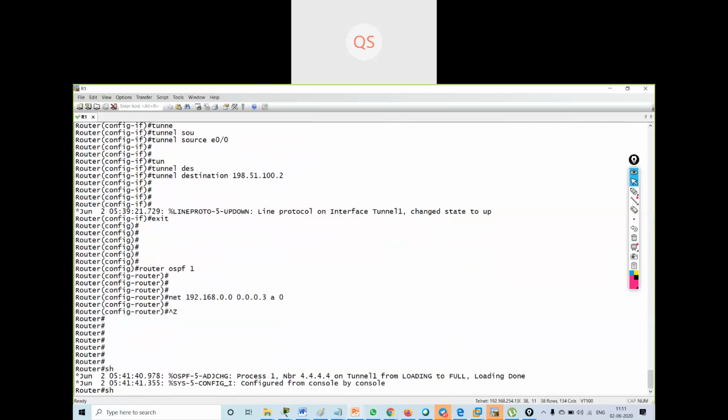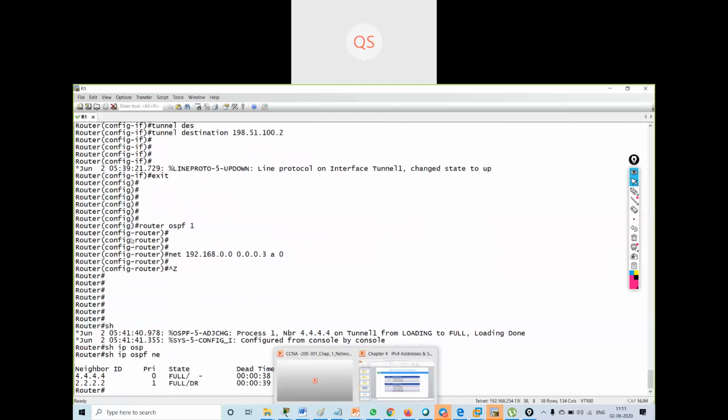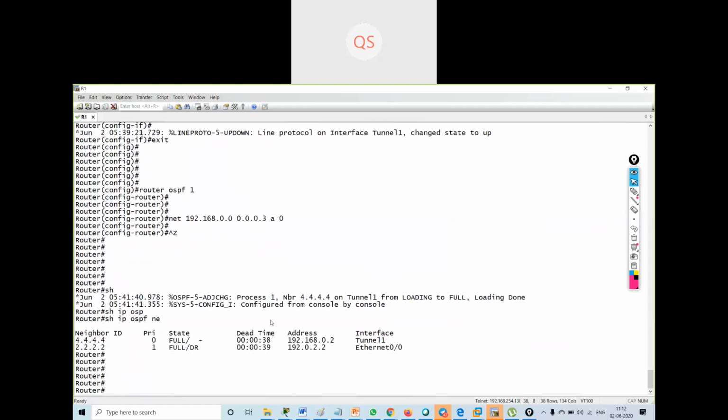Okay, now I can see the adjacency. So show IP OSPF neighbors. See, on router 1, I have a neighborship with R4 router, and the neighborship is formed with the help of tunnel 1.